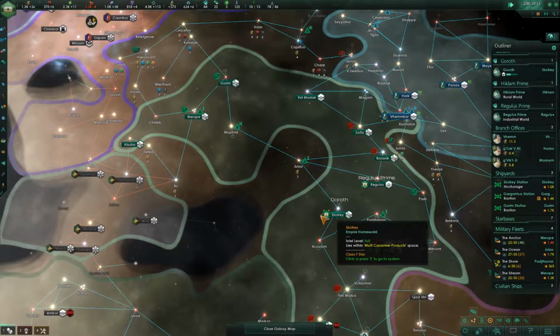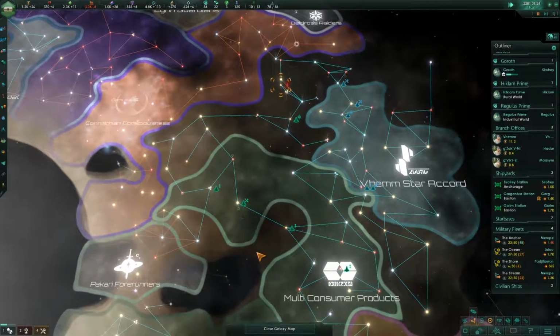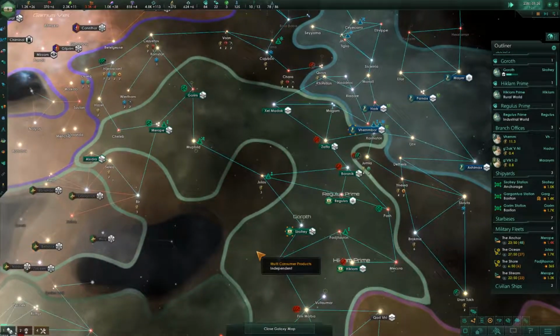Now, I may want to get another science ship here. Not really a strong reason to do that just yet, though. And I don't have a leader for it anyway, so...